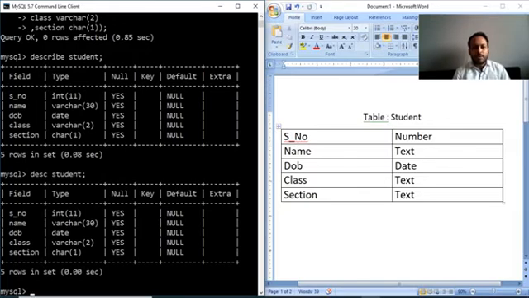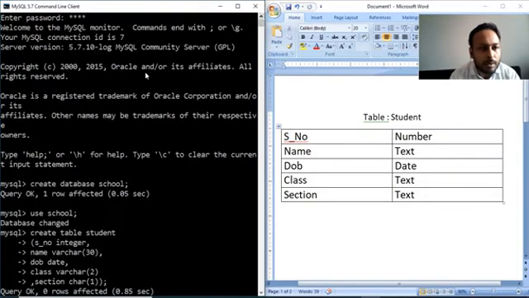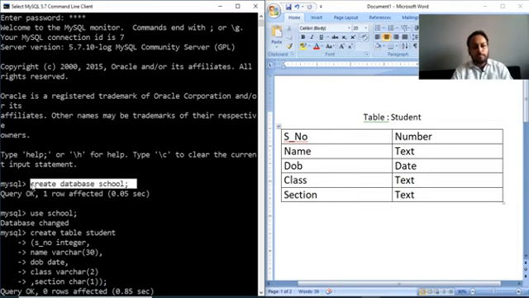Okay, let's revise it again. We'll go to the previous. First, we have to create a database using create database school. Then the school database is created. We can use the database here, use school.